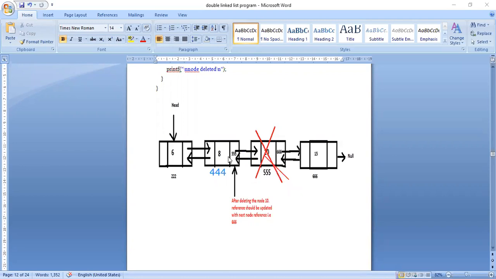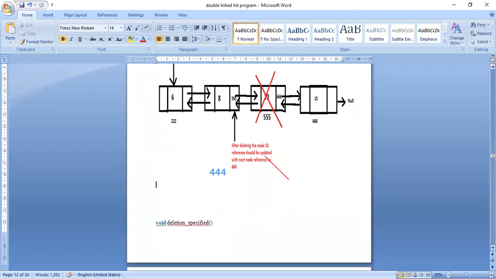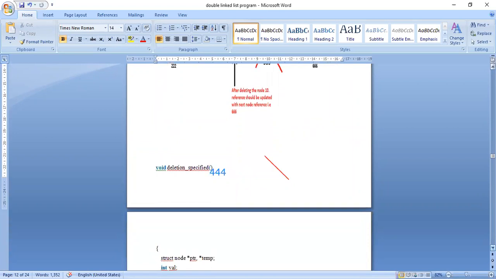So two things I have to do: in the next part of node 8, that is the right side part, instead of 555, I have to make it 666. And in the left part of 15, instead of 555, if I keep 444, automatically this node will be deleted. So you can see.